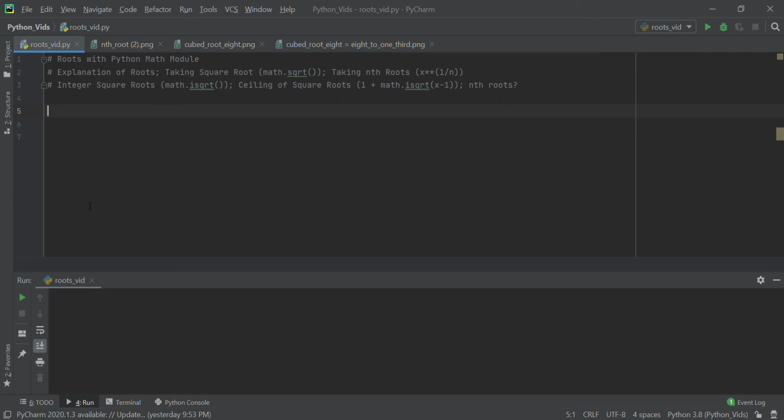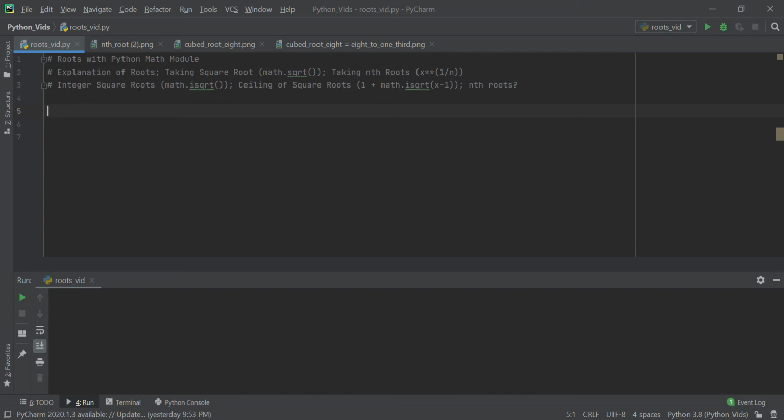In this video, we will be discussing roots in the math module, including taking a square root, touching a little bit on why you can't do a negative square root in the math module, what alternatives you have if you want to use complex numbers, but we're not going to get too into that. Taking a cube root, or any other root, using exponentiation and this little formula we set out here,